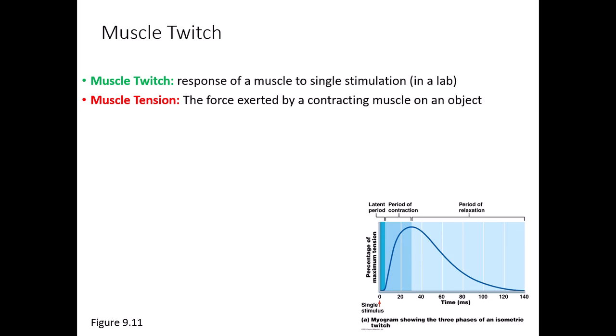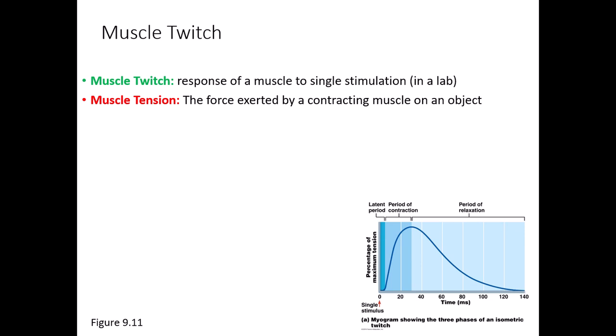The object that we're describing here is known as the load. That's the opposing force exerted on a muscle. So if you are trying to lift a pile of dirt with a shovel, the pile of dirt on the big end of your shovel would be the load. So the muscle tension is the amount of force needed by a contracting muscle to move that object or to